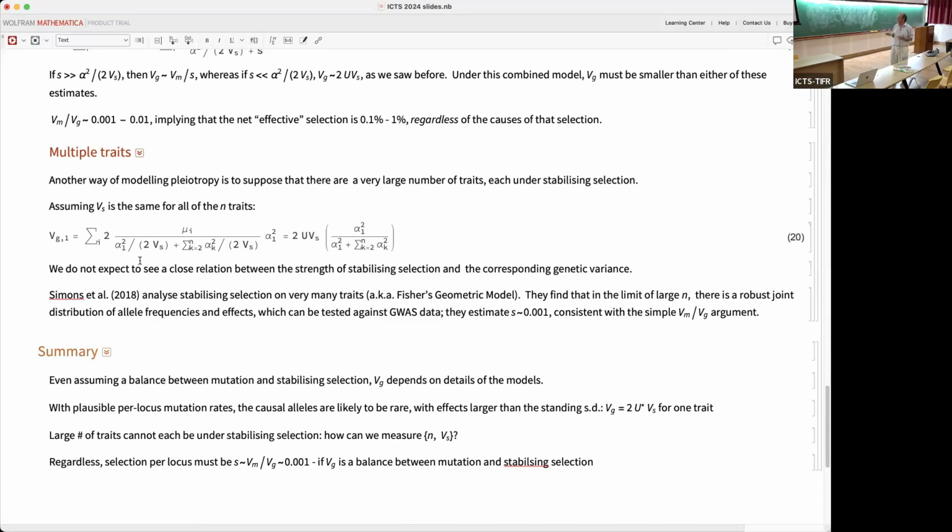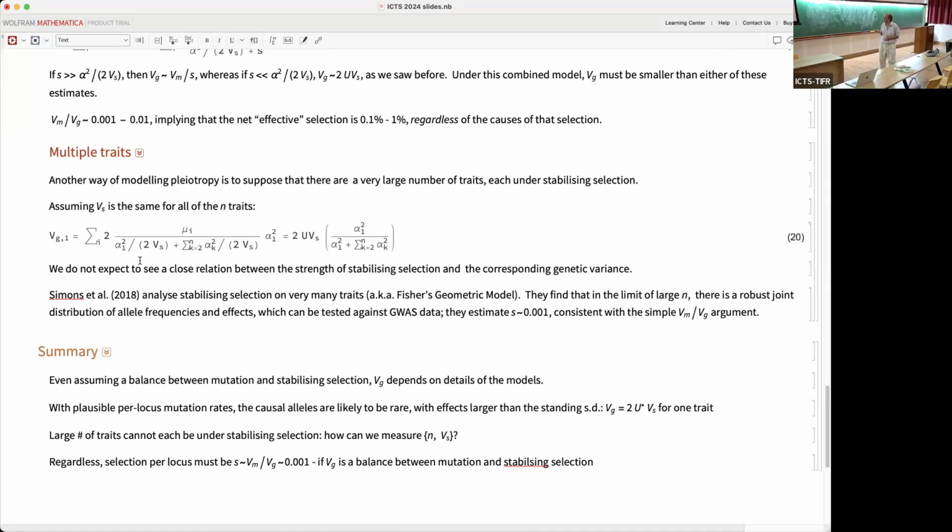So anyway, summarizing, firstly, it's complicated, which I think everyone has gathered, good. Assuming a balance between mutation and stabilizing selection, even the simplest models depend on the details, basically on the shape of the distribution of effects. If you have plausible per locus mutation rates, the causal alleles are likely to be rare, and they'll have large effects relative to the standard deviation of that locus. And so we expect the standing variance to depend on the total mutation rate to alleles affecting the trait. And so then we have a problem, which is that we don't know,